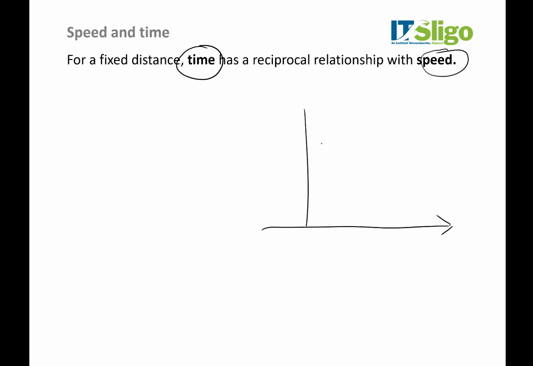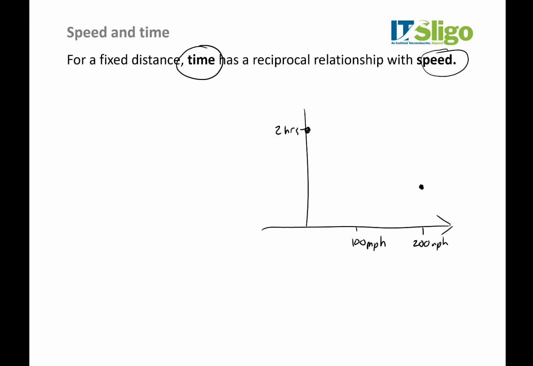So if you double the speed, say if it took 2 hours to get to Dublin at 100 miles an hour, I think it'd be obvious to most people, if you doubled your speed, obviously I'm not suggesting you do this, if you doubled your speed to 200 miles an hour, well then you would expect,